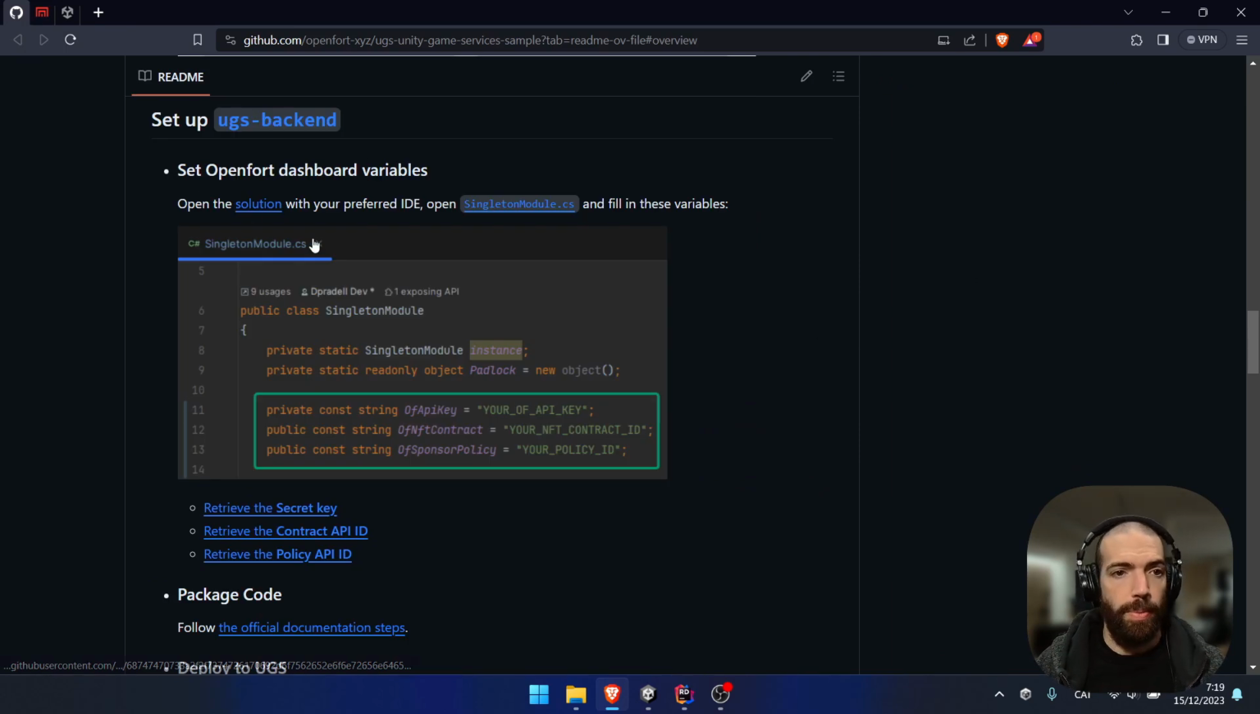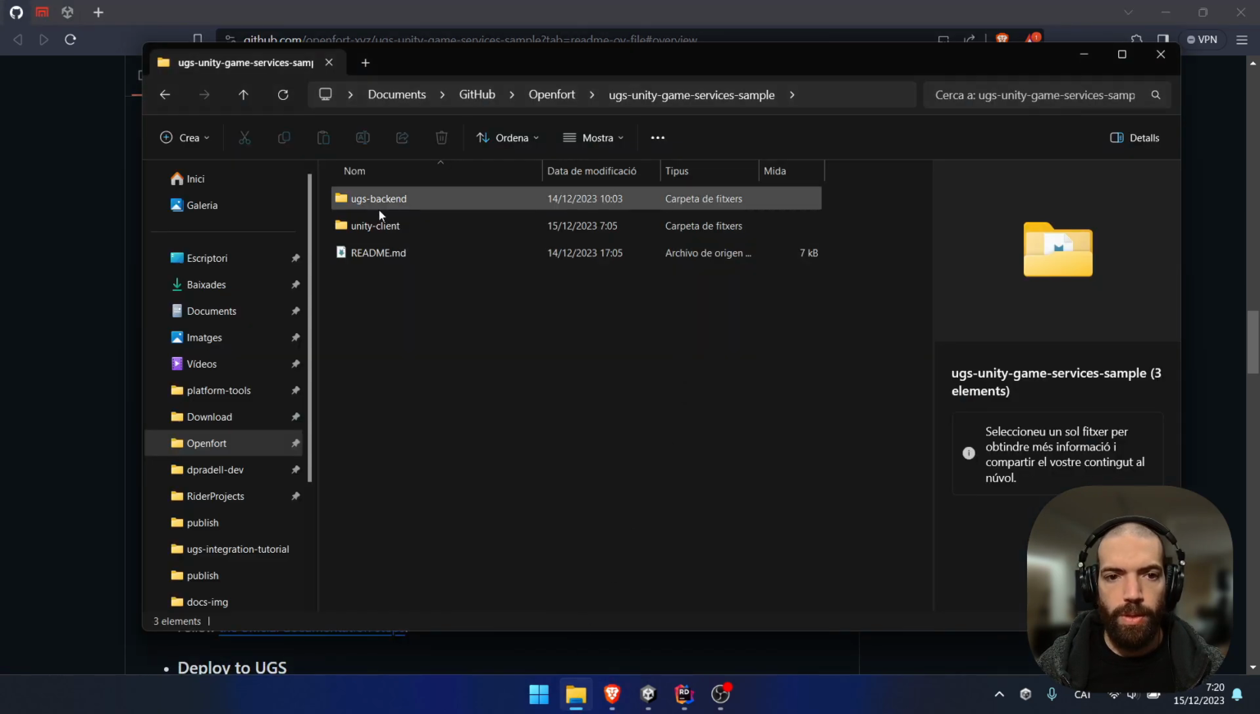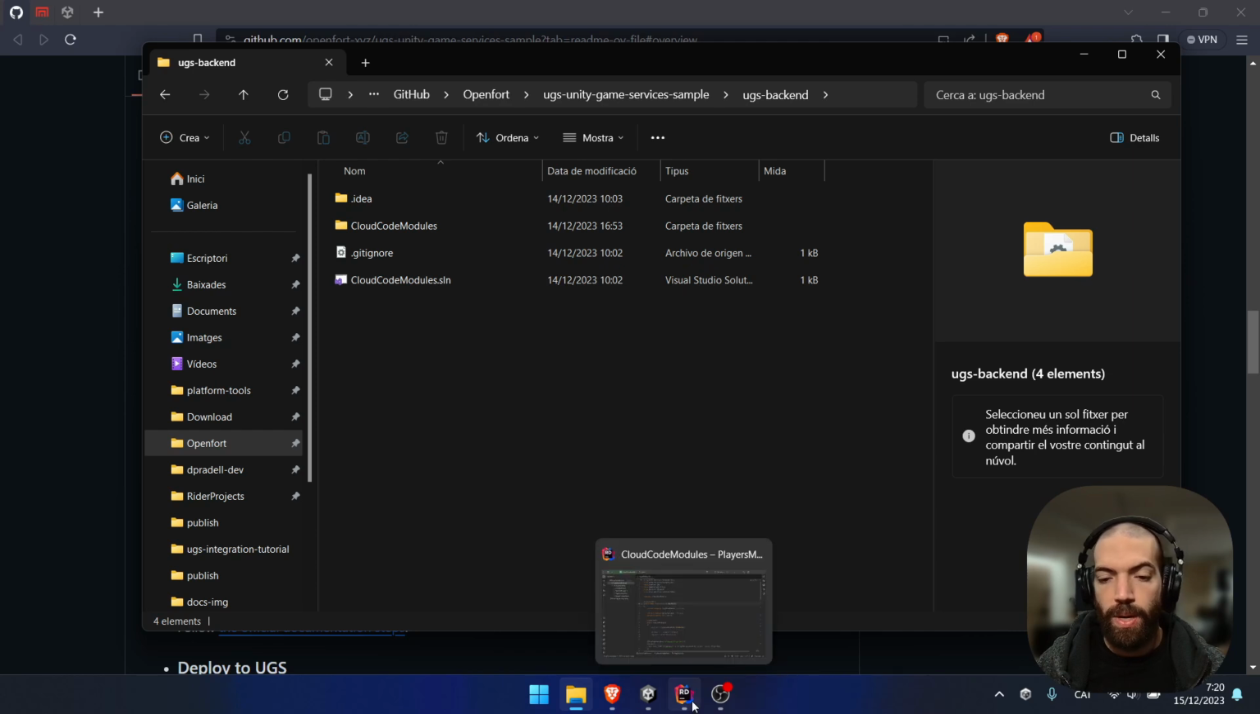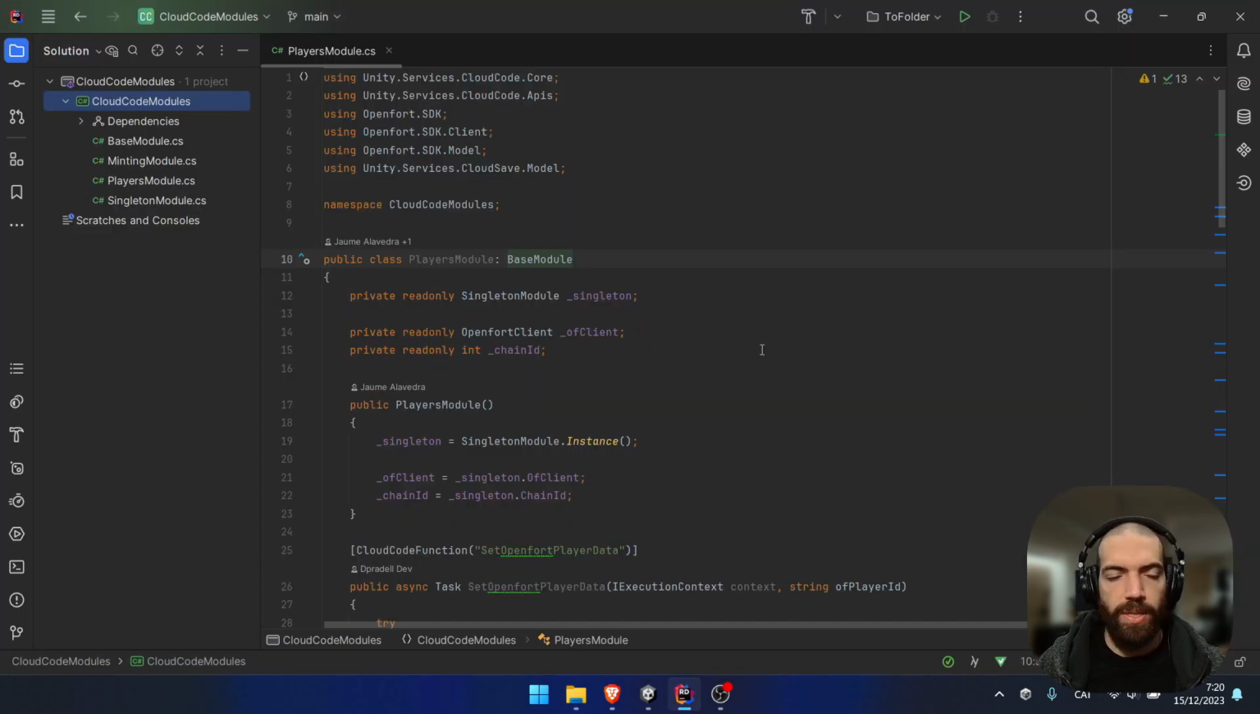Next, it's time to set up our Unity Gaming Services backend project. So if you go to the downloaded sample under UGS backend, you're going to find this solution right here. I use Rider, but open it with your preferred IDE, and you will find the project like this. As you'll see, I have split this into different classes. For example, the players module